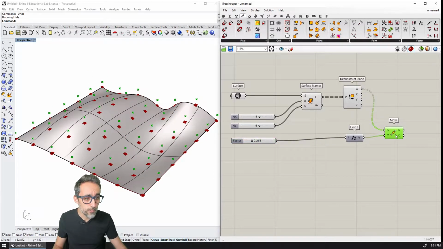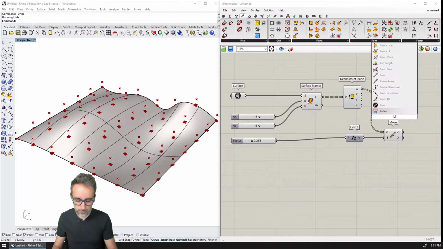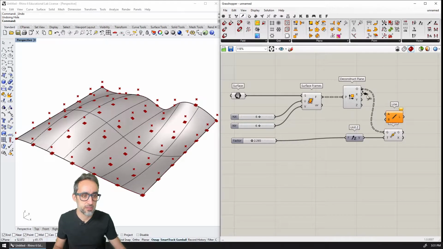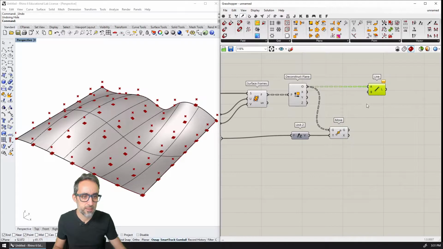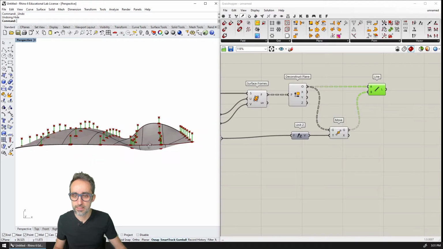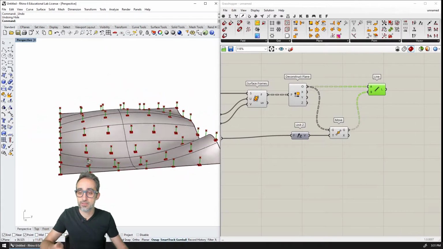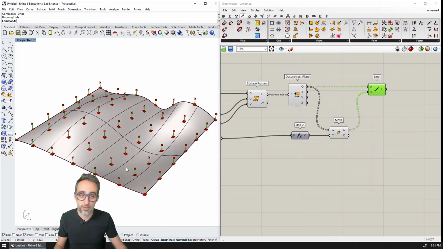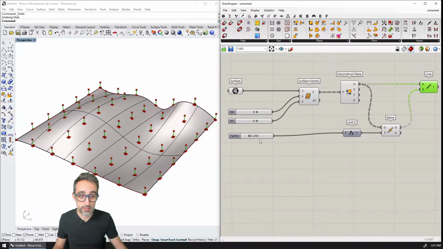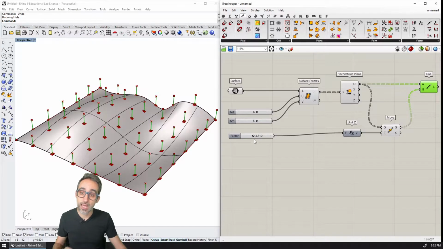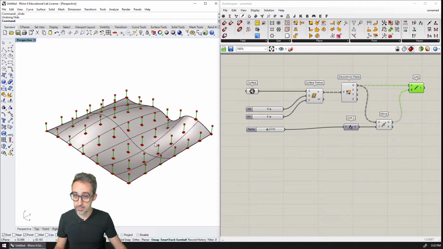And then maybe I want to join these two by lines. Maybe I can do something a little fancier later, but I can join the base point and the top point with lines. You can see that this is one of those situations where I actually don't want to respect the curvature of the surface. I just want to keep the pure vertical here. And it will be the points that I've moved in the Z direction that I will want to use for the calculations of sun incidence.